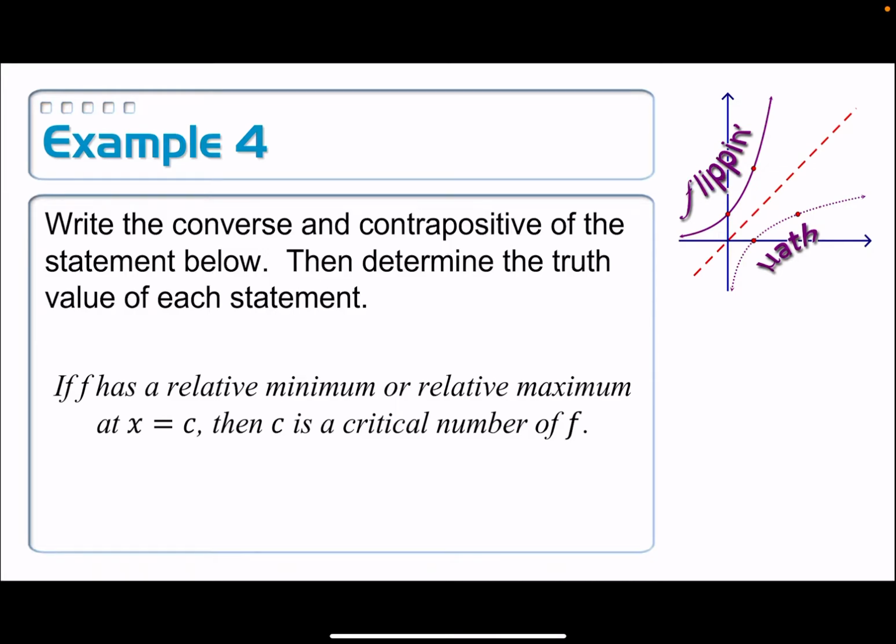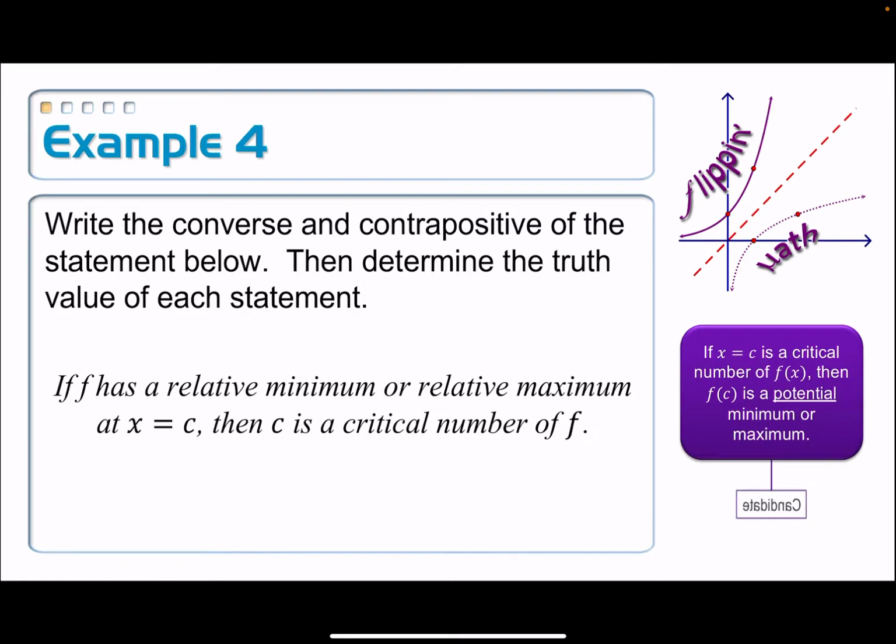So let me ask you a question here. Let's say that you find the derivative of your function and you set that thing equal to 0 and you found yourselves some critical numbers. Do you know whether or not that critical number actually represents a relative minimum or a maximum? No, you do not. All you know is that it is a potential minimum or maximum, which we call a